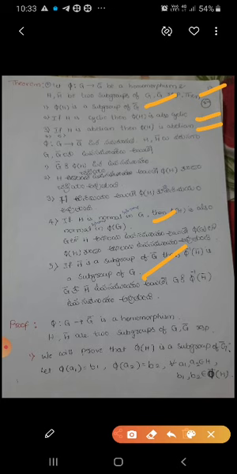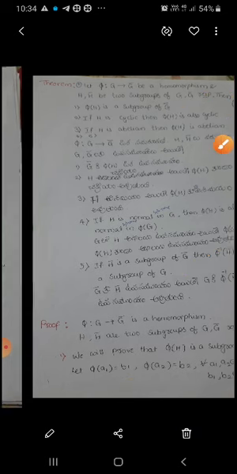So, proof. What is given? Write down first. φ maps G to Ḡ is a homomorphism. H, H̄ are two subgroups of G, Ḡ respectively. We will prove one by one. First one, we will prove that φ of H is a subgroup of Ḡ. So let φ of A1 equal to B1, φ of A2 equal to B2. Here A1, A2 belong to H, B1, B2 belong to φ of H.